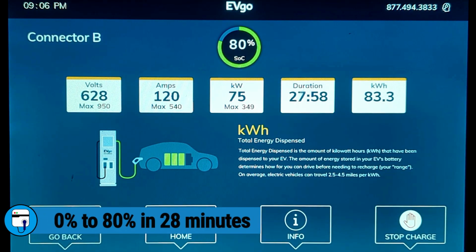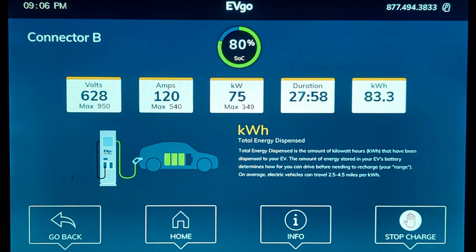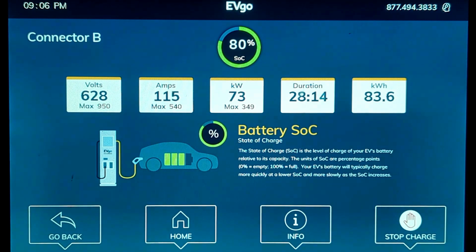only 28 minutes, so 0 to 80% in less than half an hour. Kia claims the EV9 can charge from 10% to 80% in 24 minutes. It took me about 3.5 minutes to get to 10% from 0. So in this charging session, I charged from 10% to 80% in 24.5 minutes, pretty much proving Kia's claim to